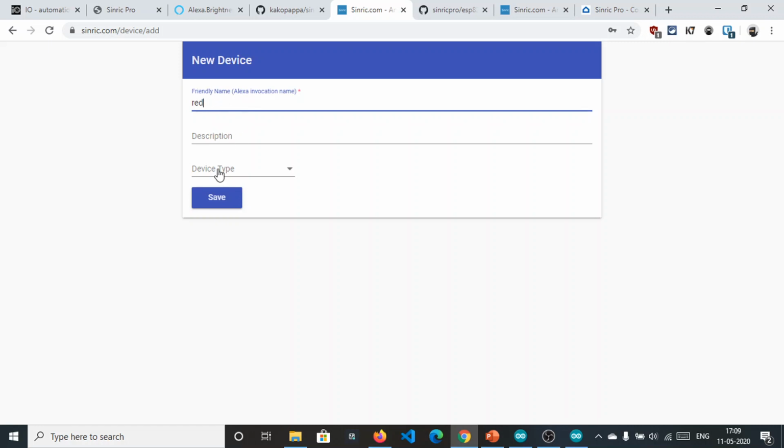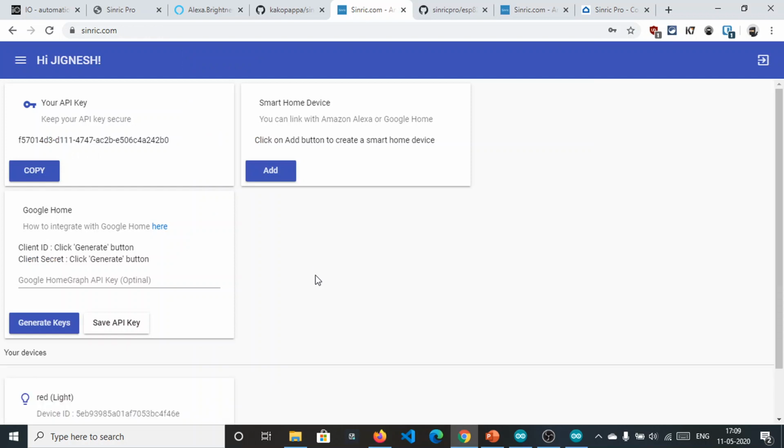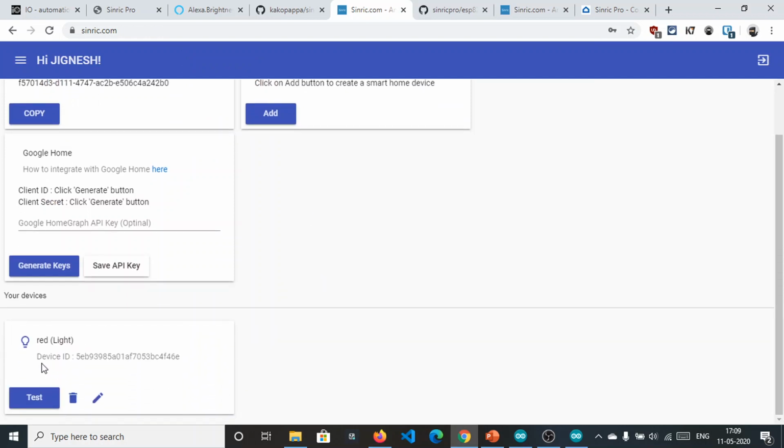Fine. Device type light, click on save. The light is added here. Device ID is this one, and this is the test which will be helpful to us in checking the connection if our NodeMCU is connected to this Synric.